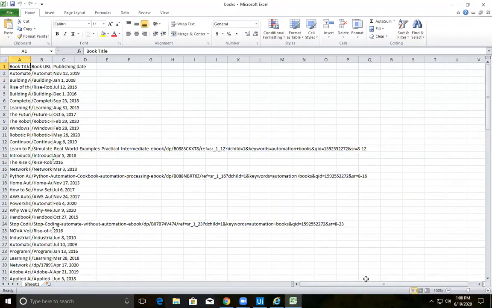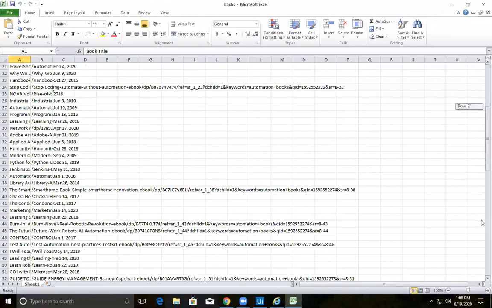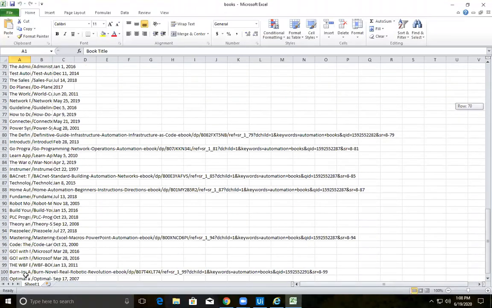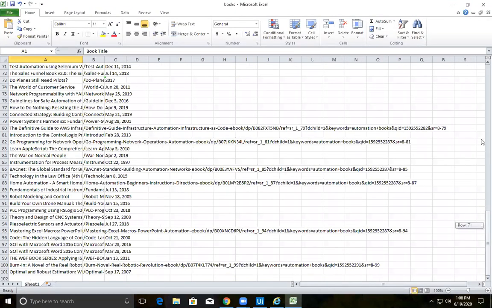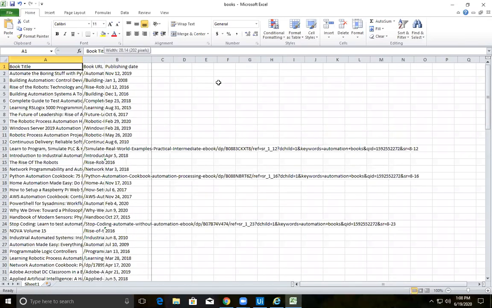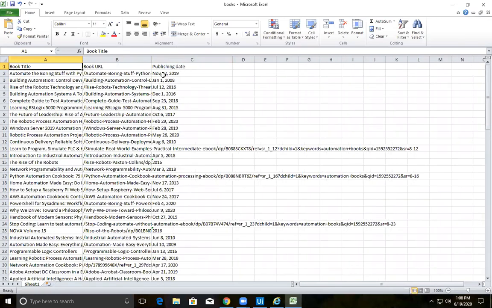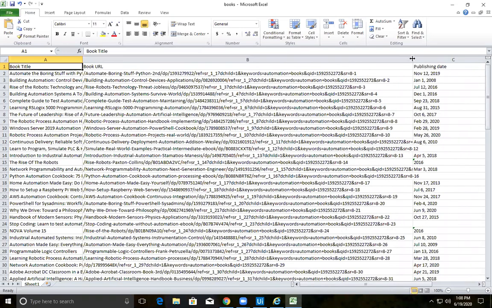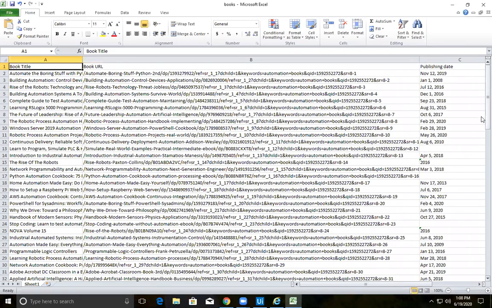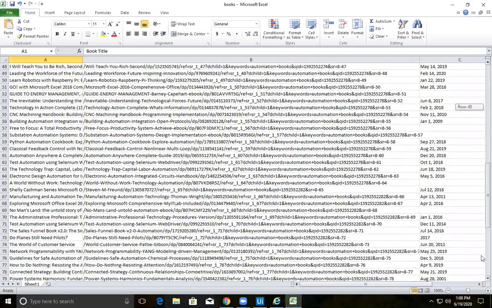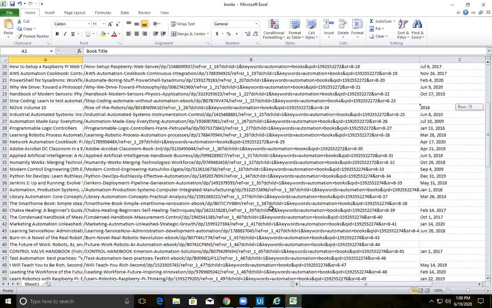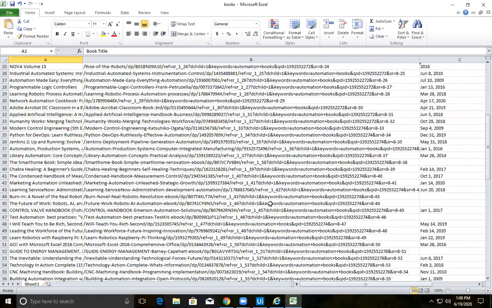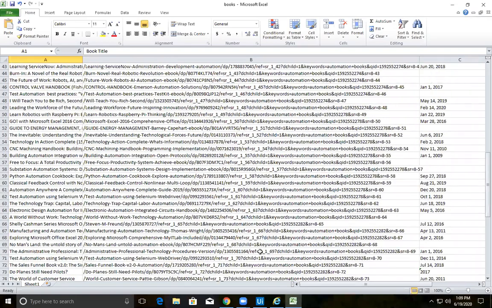We'll check whether 100 records came. Yes, 100 came. So this is the book title, the book URL, and the publishing date. The book URL is very huge. Some books may not have the publishing date, so that will be skipped automatically. So this is how we can get huge data from a website. Any doubts in this? Please let me know.